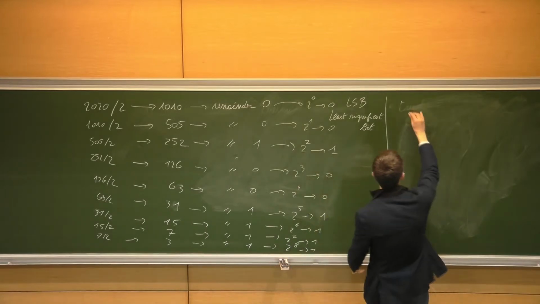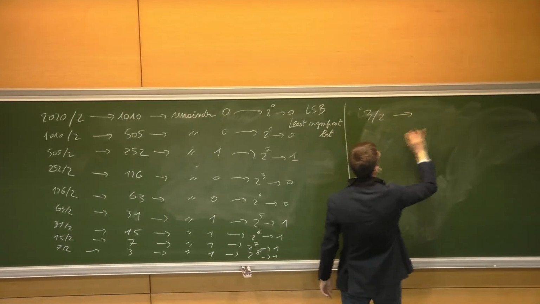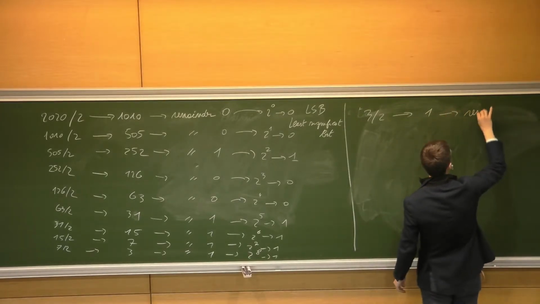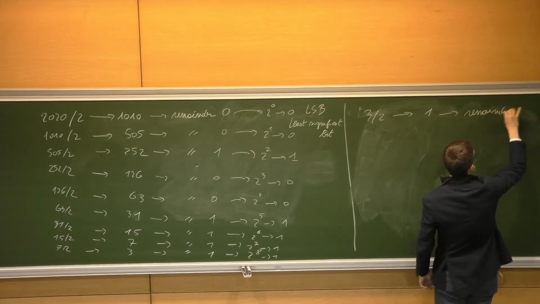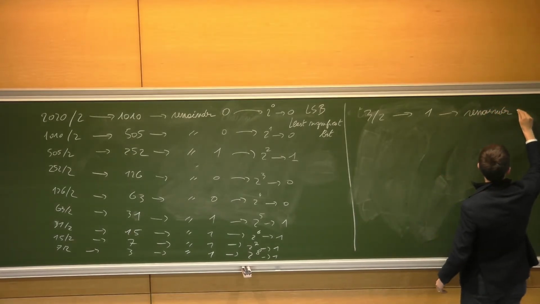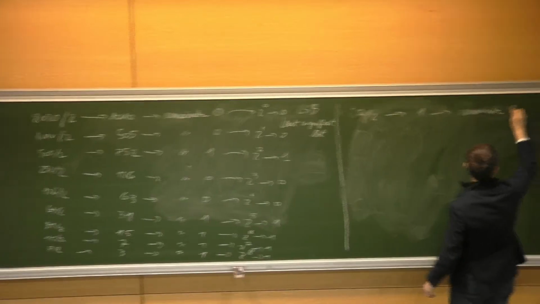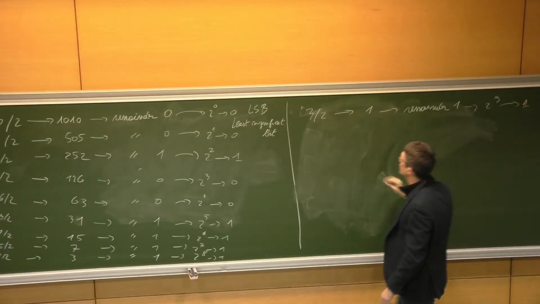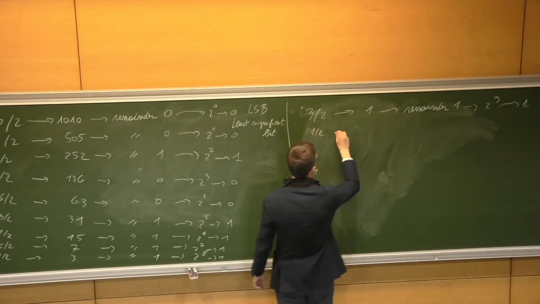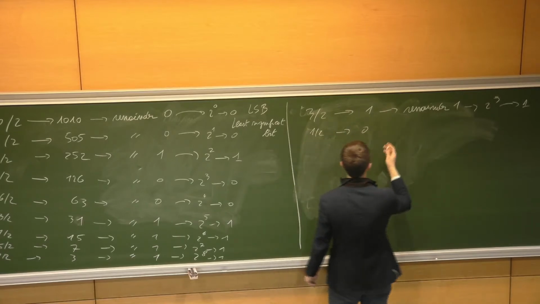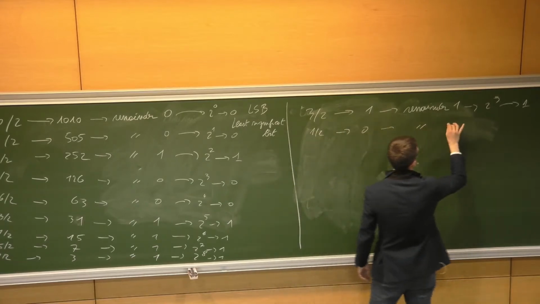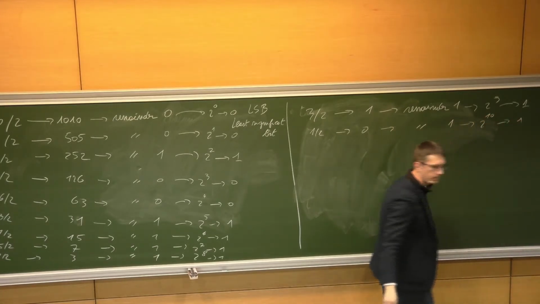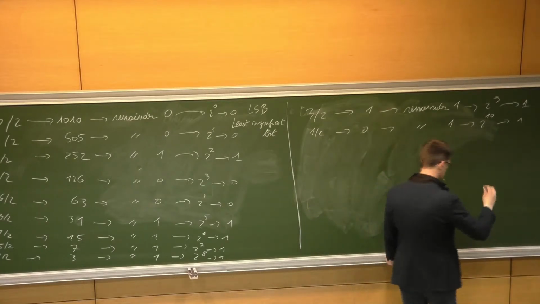So we are at 3. 3 divided by 2 gives me 1, so remainder 1, because 3 is not an even number. So remember 1, how do you put it? Yeah, 2 to the 9. That's also 1. And then 1 divided by 2 gives me actually 0, the remainder is 1. And I've got 2 to the power of 10. I've got 1. And that is, as I said,